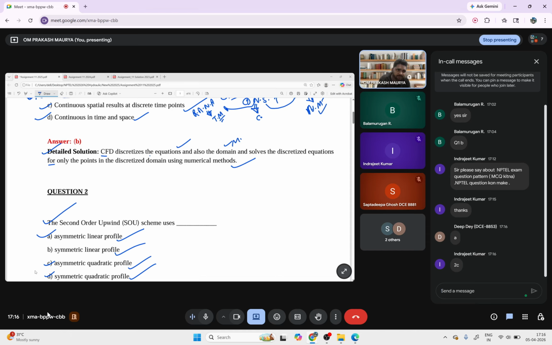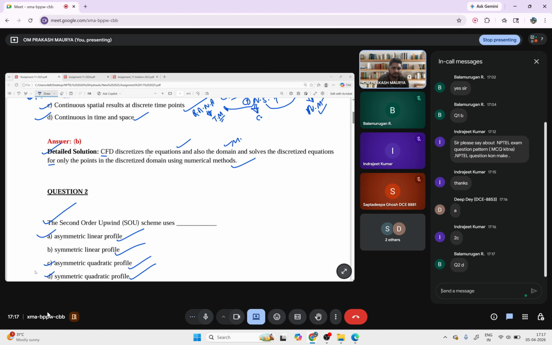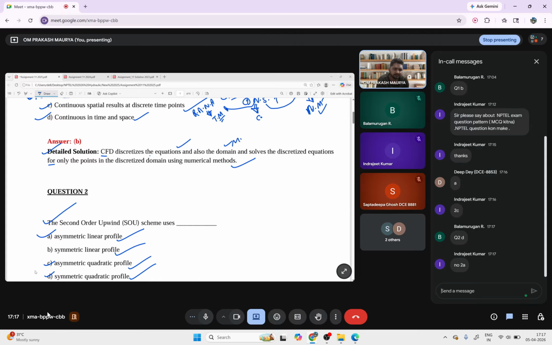Other students, please participate also. Your participation matters a lot here, because if you are participating and somewhere wrong, definitely in the end I'll show the correct answer, so you will remember for a long time. Maybe this question or any question will come in your final exam or any competitive exam or your university exam. So the participation here matters a lot, please.